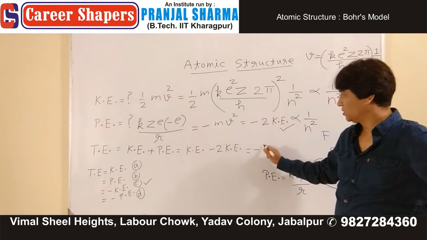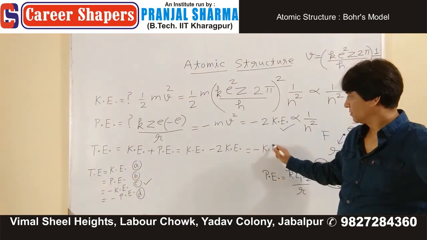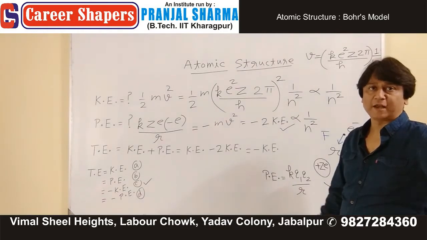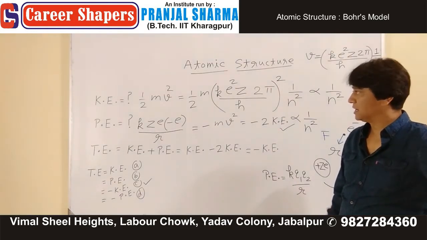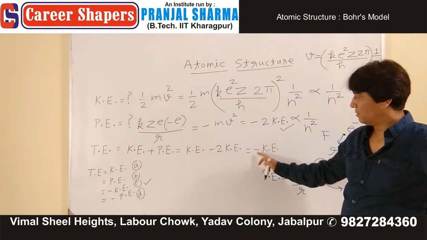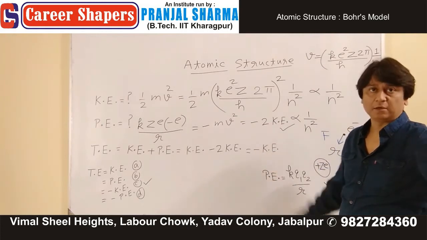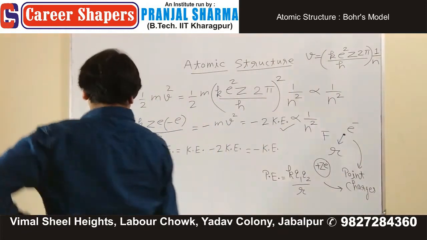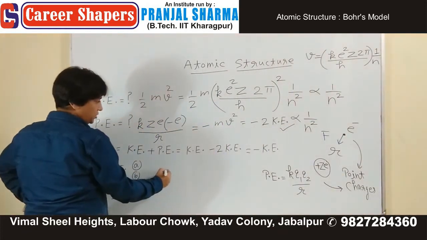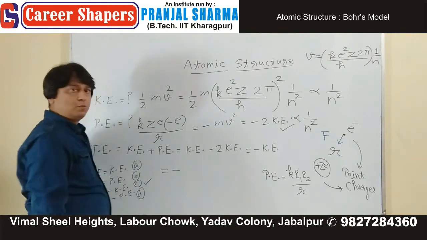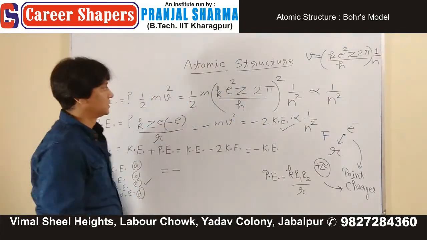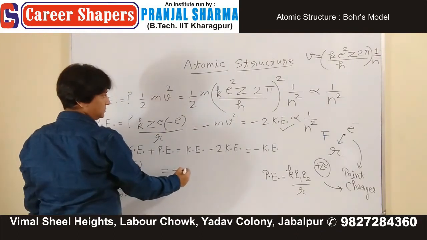That is minus of K. Total energy of an electron in its nth orbit is minus of K. So what is total energy? Total energy is coming minus of, what is K? This is K. The K is